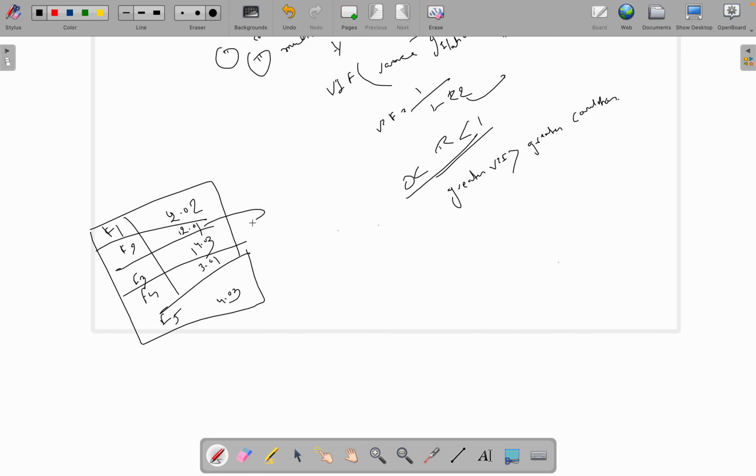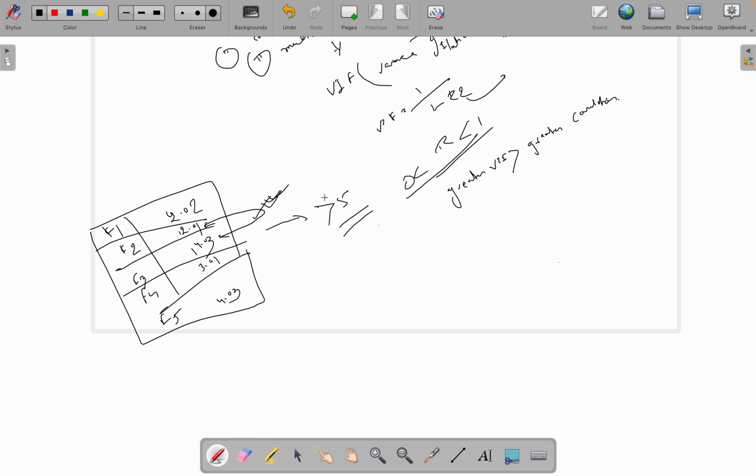You can see the VIF is more for feature 2 and feature 3. Generally we consider a VIF value greater than 5 as high, and we assume that there will be a correlation